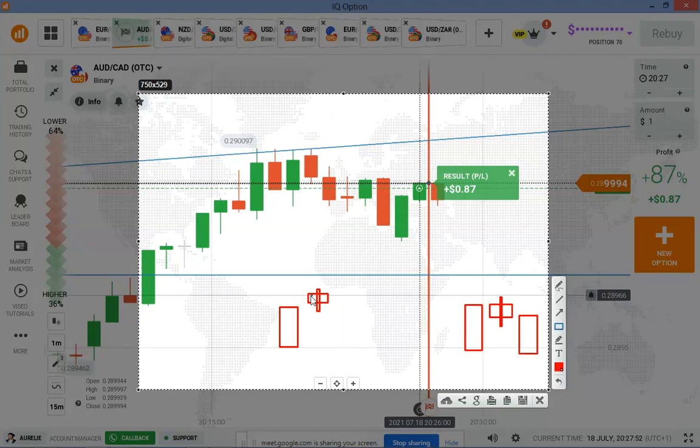But if you see that the price moves away and this candle is green, the next candle will be red. If this one is green, the next candle can be green or red. If this candle here is red, the next candle can be red or green. But if this is a green candle, the next candle will be red. If this is a red candle, the next candle will still be red. Okay, so that's what we call abandoned baby.